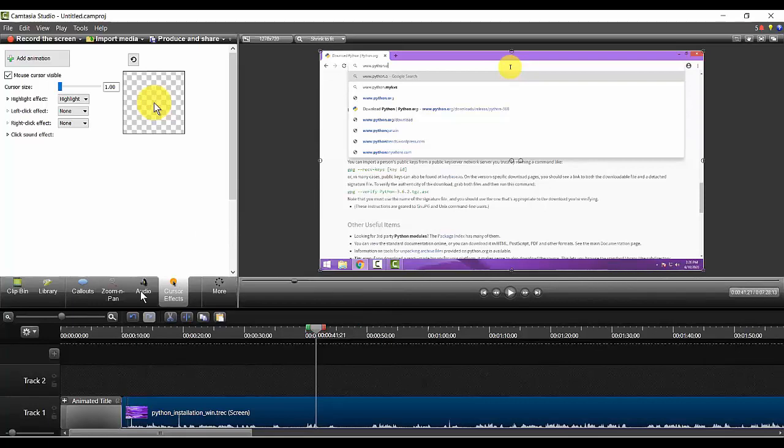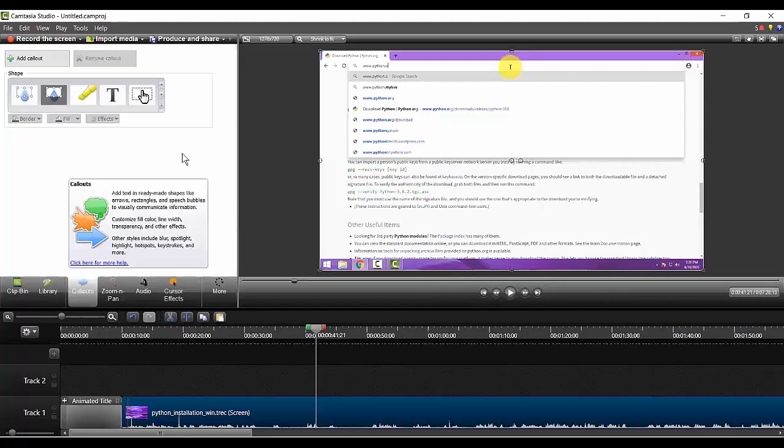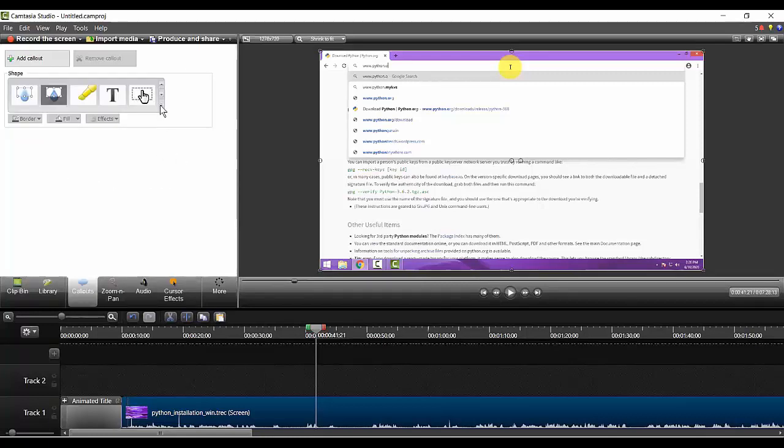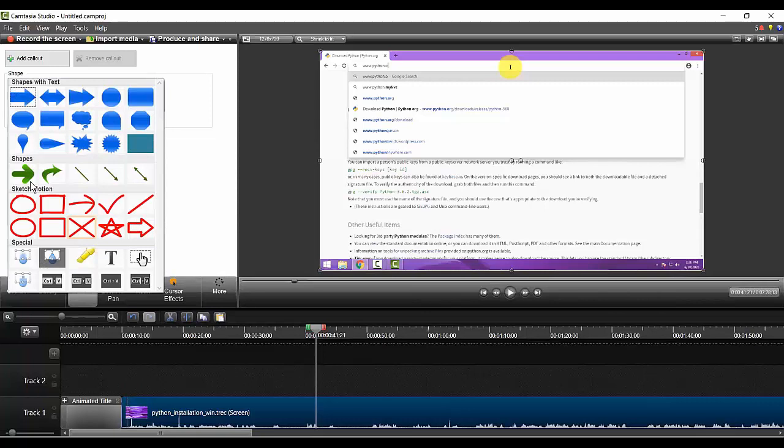Now, what more can I have? I can have callouts. In callouts, you can see there are many options. These options can be used at any point freely. No hesitation at all. There is no restriction on where you can use it and where you cannot.